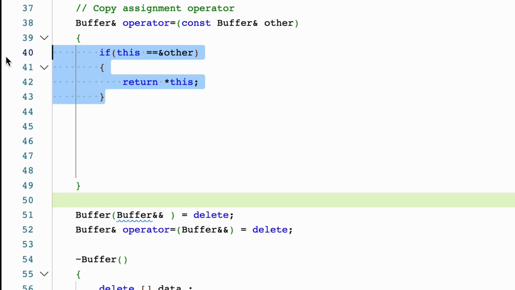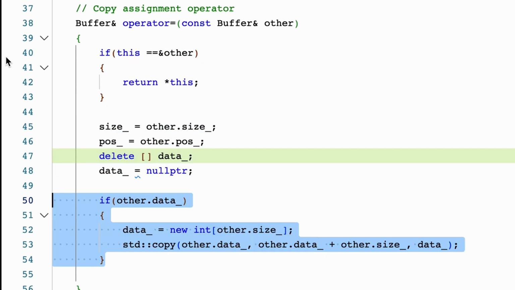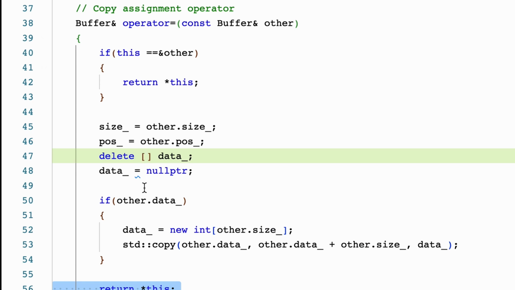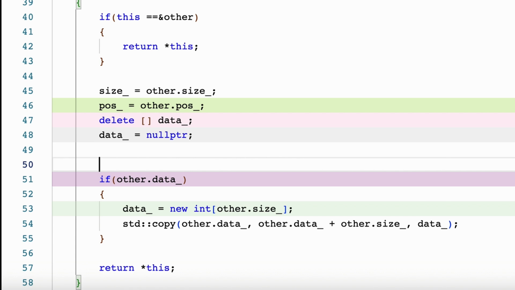And notice that before creating the new element, we need to delete the data because we are substituting the previous dynamically allocated memory with the new one. So we are going to delete the data, we assign nullptr, and then we create new data and copy.